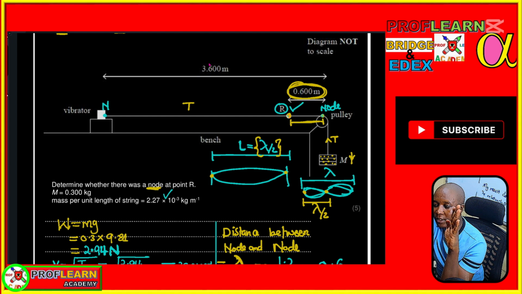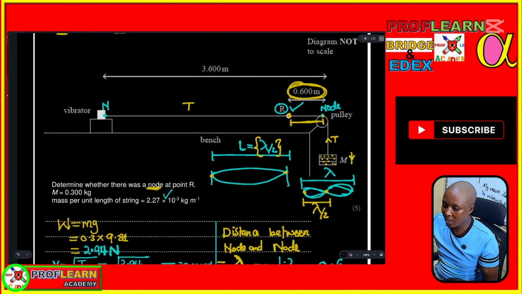A node can be on this fixed end, and a node can also be on this fixed end. Then once the wave reaches this end here, it's reflected back, and when the reflected wave and the incident waves interfere or superpose,